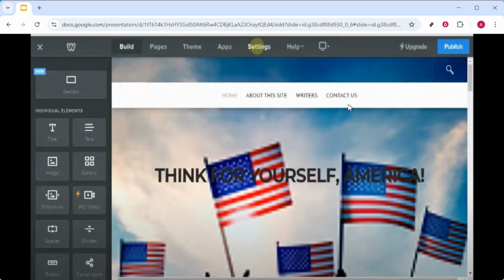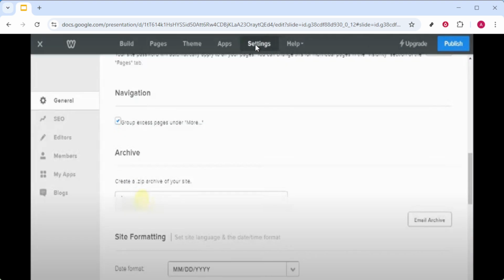In the Settings menu, you'll need to focus on the Checkout section. Look for the option labeled Checkout. This is typically found in the menu on the left side of your screen. By clicking here, you'll access all your site's payment options and checkout settings, allowing you to make any necessary adjustments